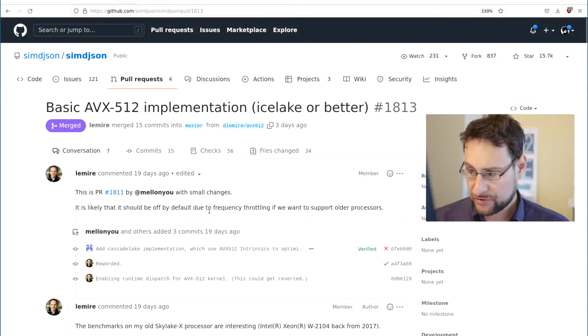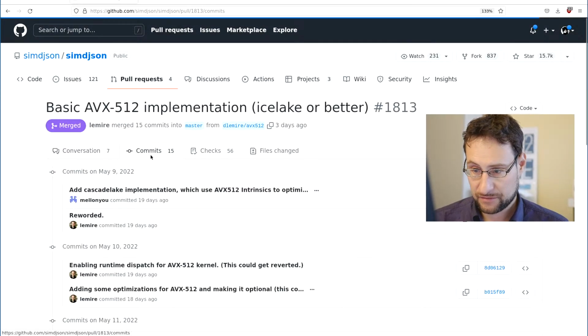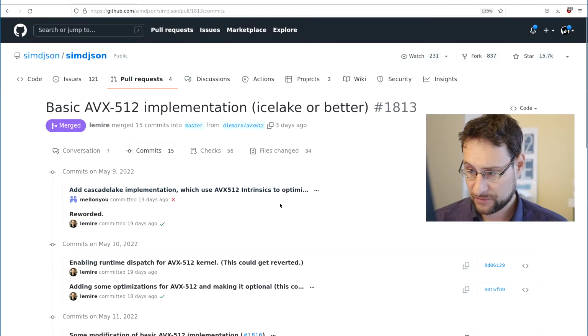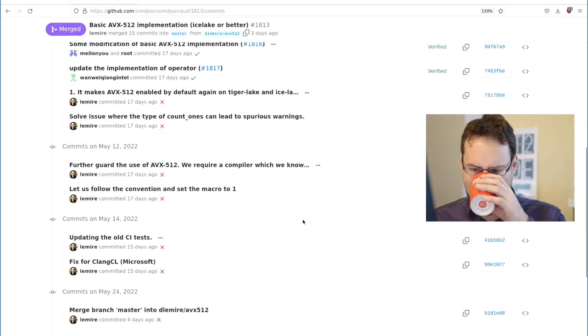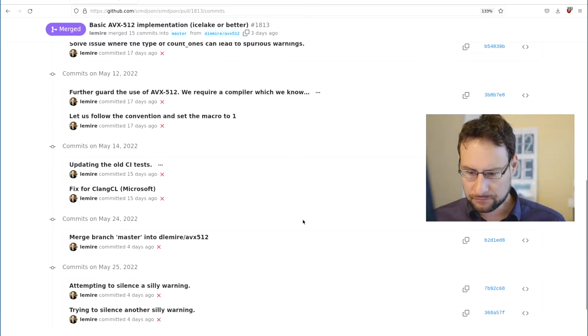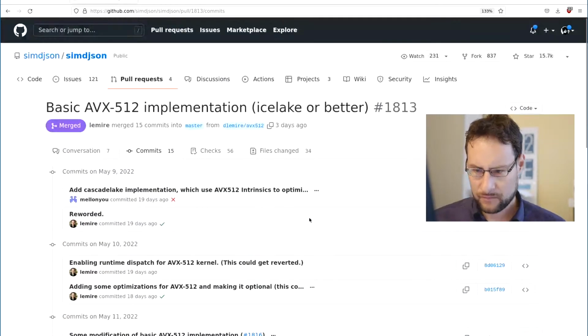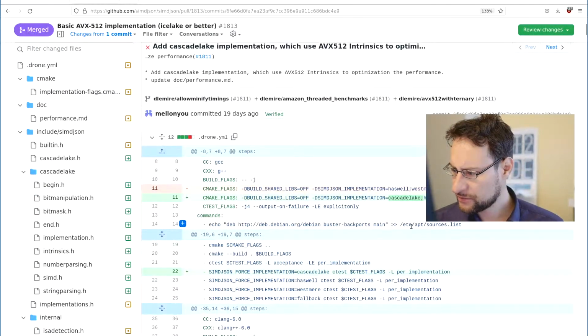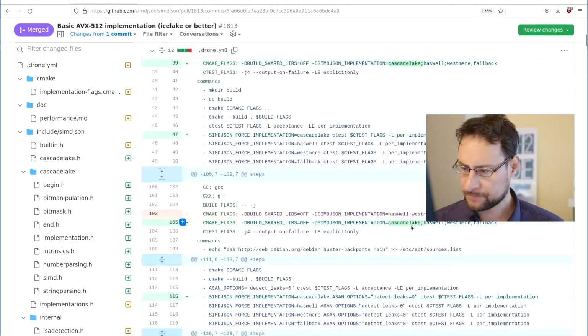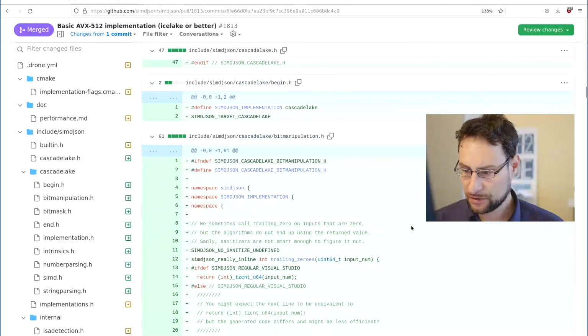I actually wanted to see where is the commit, something. Runtime dispatch, implementation of operator. Let's see if that is the main commit, just to get an overview of how the code might look like.